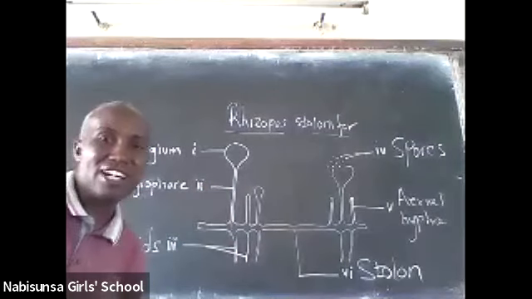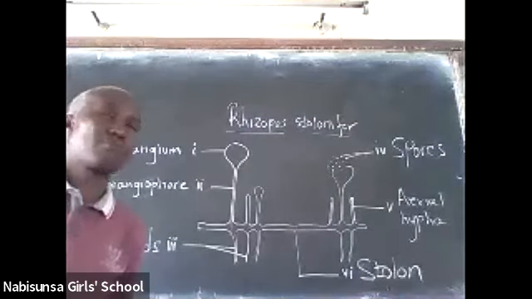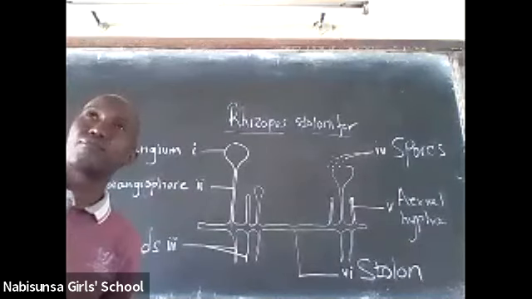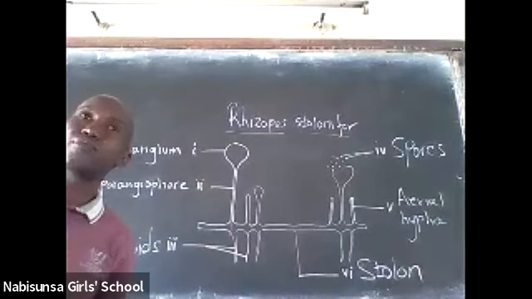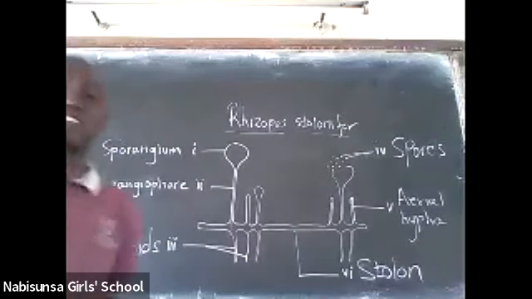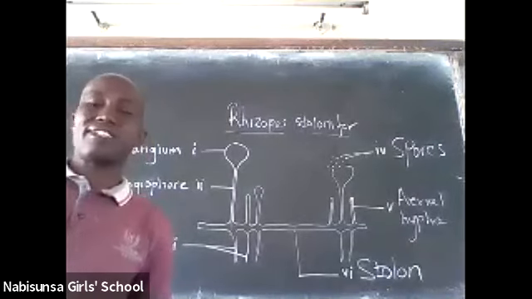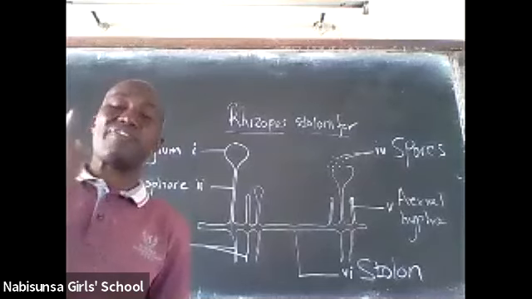Okay, yes, Bukenya Alia. Teacher, I have a question about the yeast. I know we haven't yet reached there, but let's say they ask you for a diagram of yeast. Does yeast have any specific way in which it looks? Is yeast a cell? Okay, yes, yeast is a single cell. Yeast is actually one of the examples of the unicellular fungi.